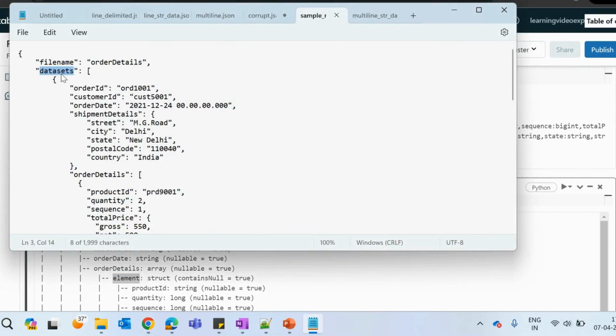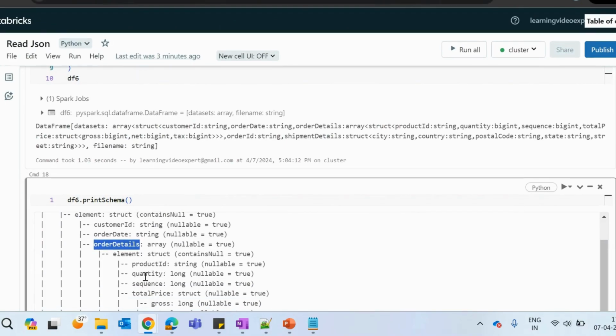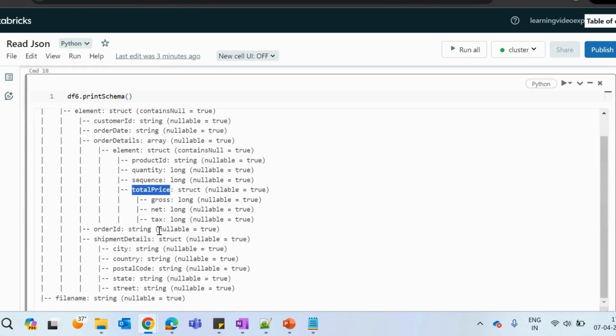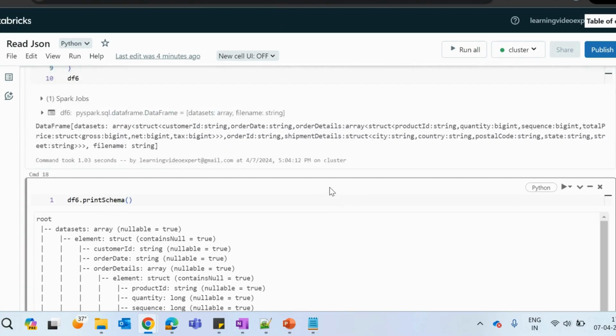Inside this data set, we have this order detail, right? Inside this order detail, we have these elements: product ID, quantity, sequence, and total price. And inside the total price, again, we have gross, net, and tax. So this is how exactly you read your schema.